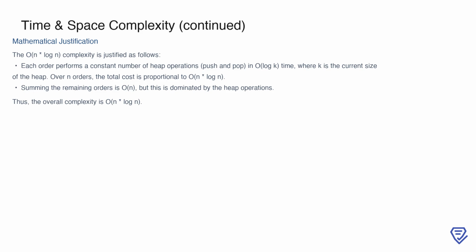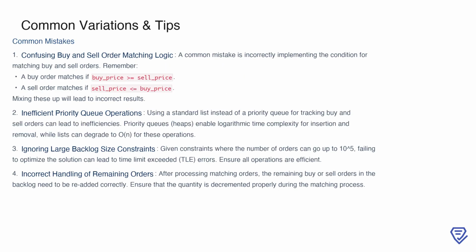Therefore, the dominant factor is the cumulative cost of heap operations, and the overall time complexity is O(n log n). When working on this problem, there are several common mistakes to watch out for. One of the most frequent is confusing the logic for matching buy and sell orders. Remember, a buy order will match when the buy price is greater than or equal to the sell price, while a sell order matches when the sell price is less than or equal to the buy price. Mixing these conditions up can result in entirely incorrect